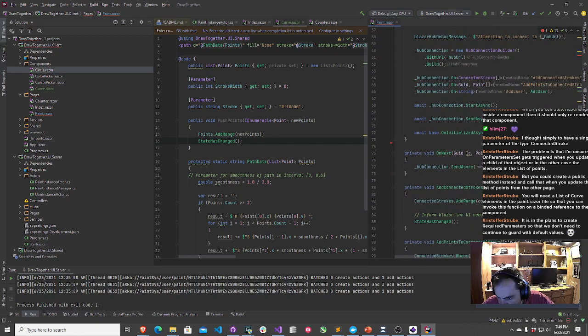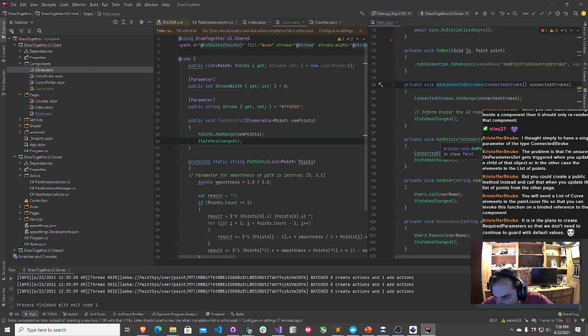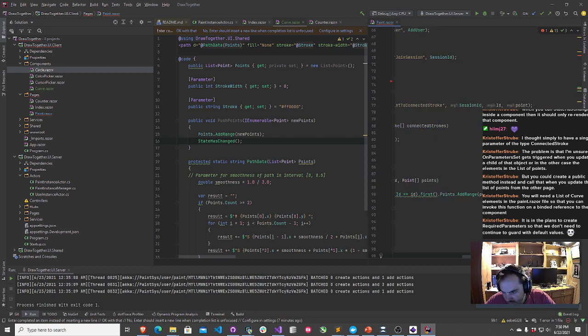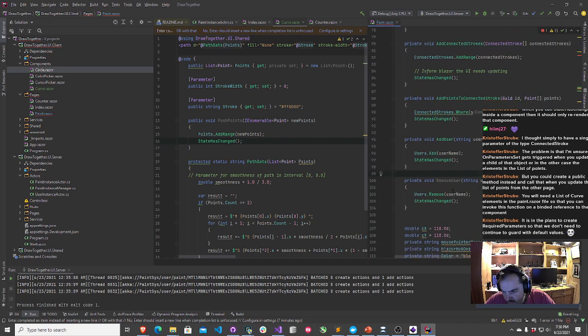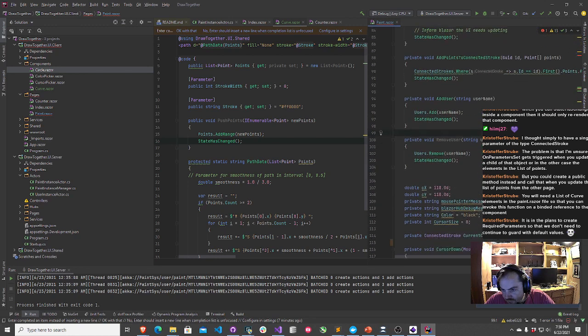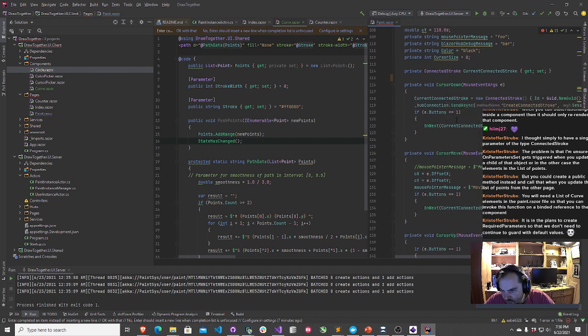And then we'll do, let's see, add connected strokes. Where do you get called? Add points to connected stroke. You know, if I do the GUID thing, that might actually help doing that little dictionary. Let's see, where's on mouse down? Cursor down. Where does current connected stroke get used? Just down here.